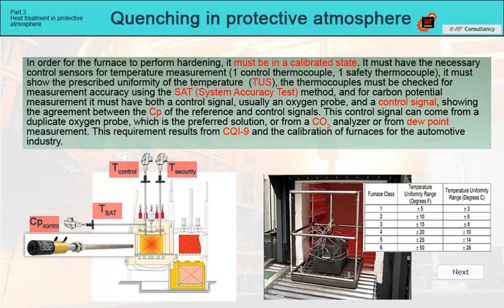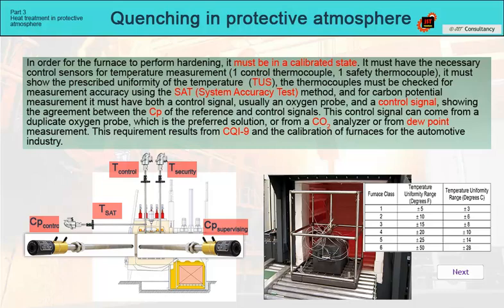If we are going to work for the automotive industry, then there is also a requirement for the supervisory measurement, checking that the CP value is real, does not deviate from the requirement, and does not indicate a discrepancy between the carbon potential from the reference and control sources. According to CQI 9,